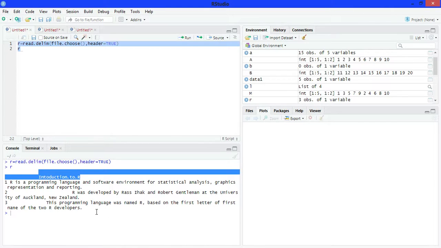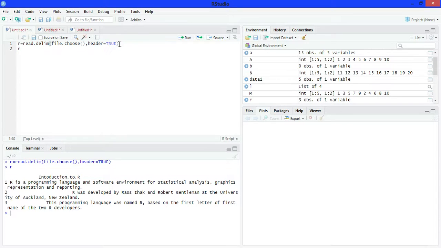And then paragraph number 1 followed by paragraph number 2 and 3. Now, if you don't want to print header and treat header as a paragraph in output, then do header is equals to false. Do here. Now run it.